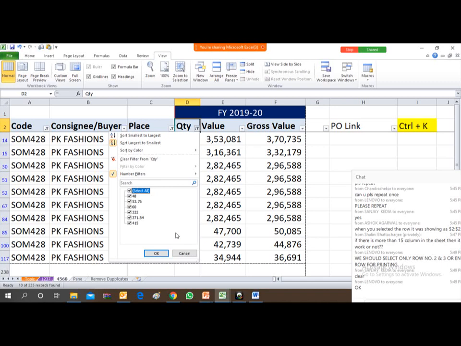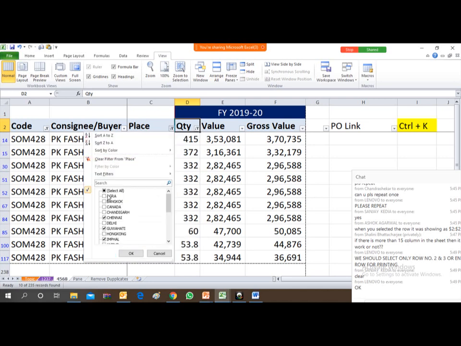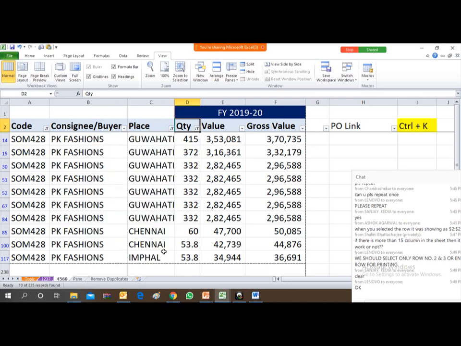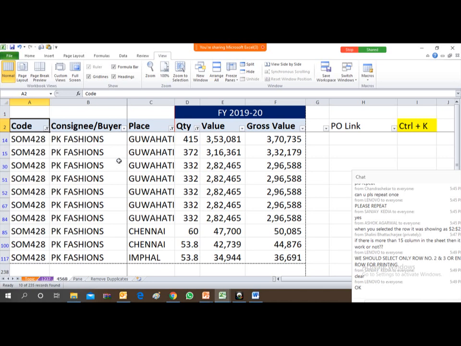By this function you can clear all the selected rows under this filter. Then again you go to here, press select all, then all will be cleared. Or you go to here, then you press OK, and it will clear the entire function. Then only it will clear all the filters.